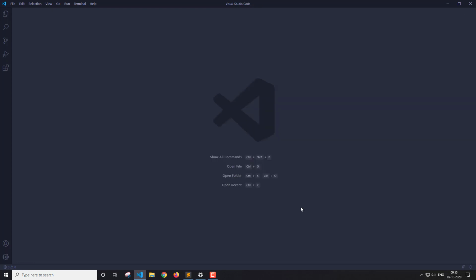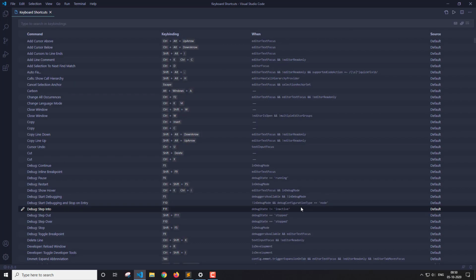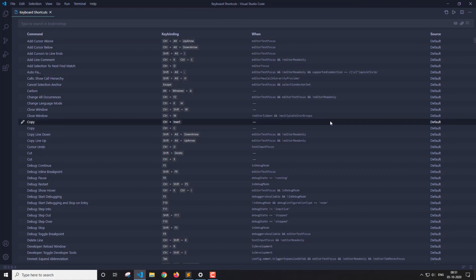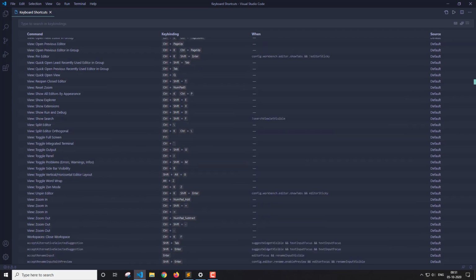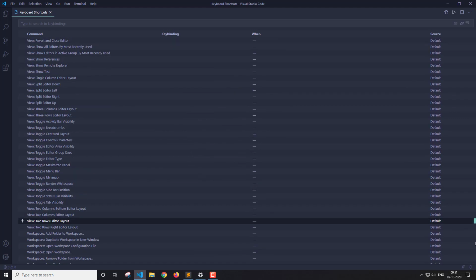So it is asking us for one thing to be inputted, that is Ctrl K, and it is waiting for another key to be pressed, that is Ctrl S, and only after these two things are pressed one after another will you be able to see these keyboard shortcuts. So this was the command for that, and if you see, the list of these shortcuts is very big.